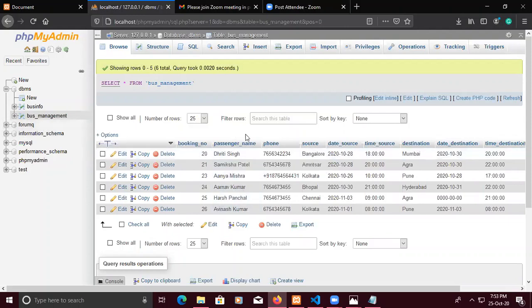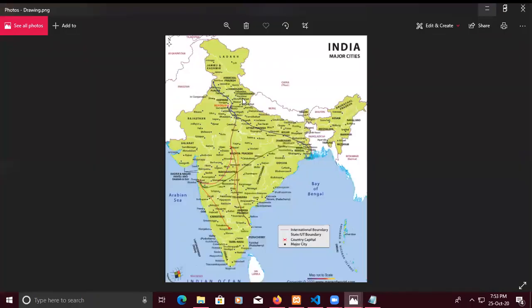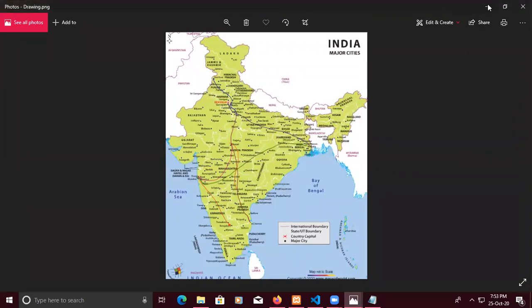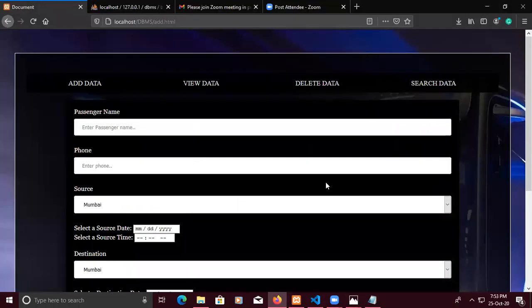The administrator can easily access all the details properly because he's the authorized person to manage all of this. So this way I would be concluding. All these details, this ER diagram and this page map, I'll include inside the final documentation. And that's it from my side.